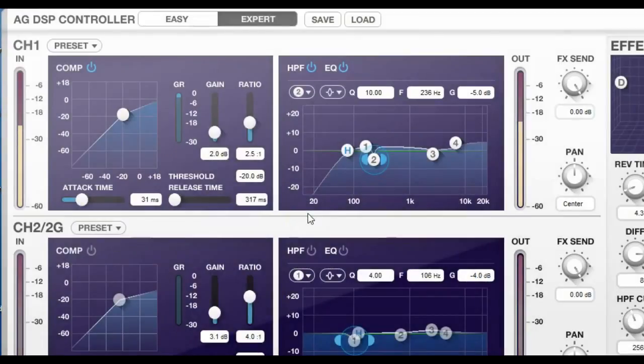So let's have a look at the equalization side. With the equalization, there are 4 bands plus a high pass filter. We can enable and disable the high pass filter, and we are also able to click and adjust the frequency of the cutoff, either by dragging it or by putting the number right there. Easiest way is to adjust it. Then we have